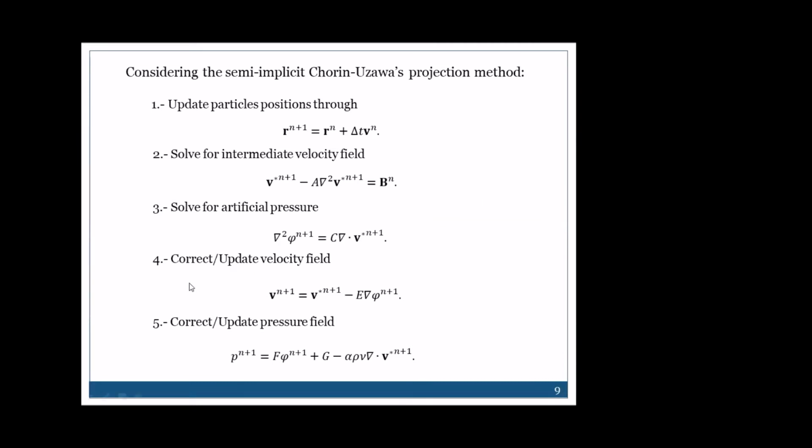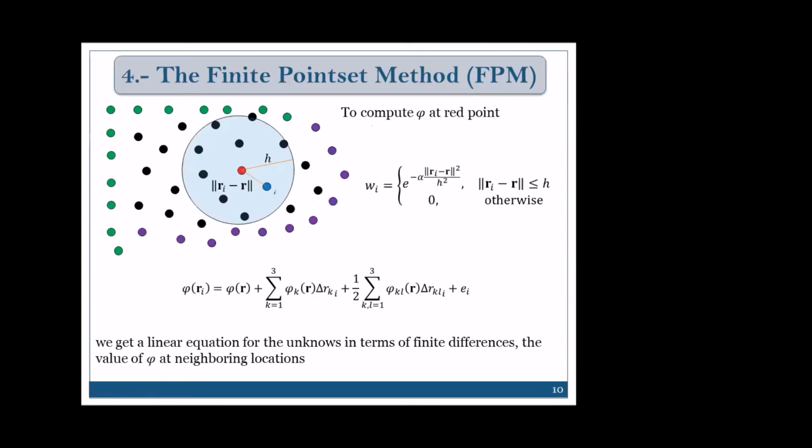So the 1st, the 4th, and the 5th steps are only the update of, for example, the particle's position, the velocity field, and the pressure field. And the real problems to get the velocity and the pressure are the second and the third steps. In the second, we have an elliptic vector problem for the velocity, and in the third step, we have a pressure Poisson equation for an auxiliary or artificial pressure. So we can summarize that we are interested in solving the second and the third steps of this numerical scheme